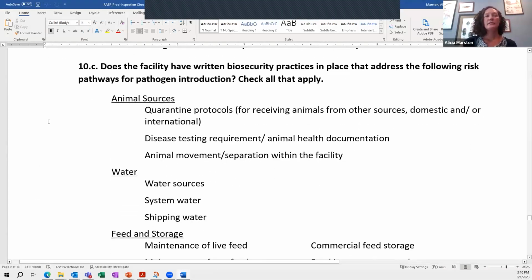And then this last part, 10C, is focusing on, what are the various biosecurity practices the facility does have in place. And again, these will be a fillable PDF where you can just check all of the ones that apply. There's no wrong answers. These are just some areas that a lot of facilities have, or questions that are good to use if you've never been to the facility before, like, what kind of protocols do you have around your shipping